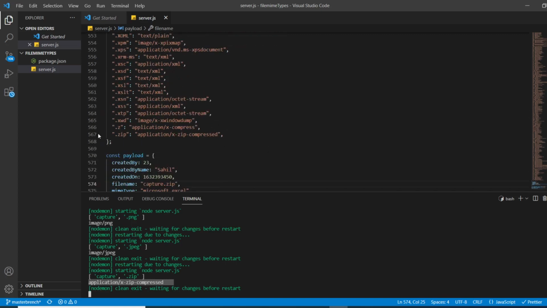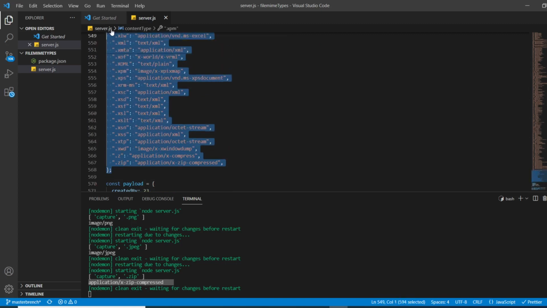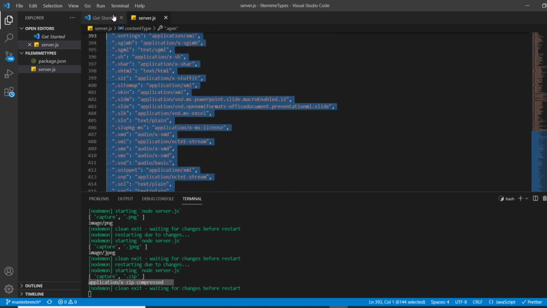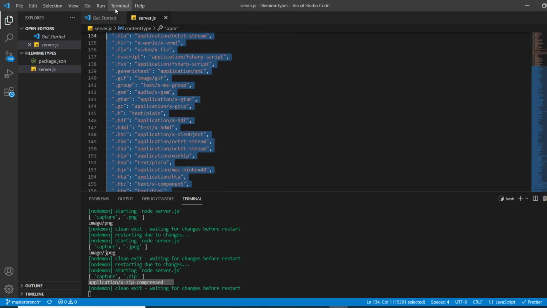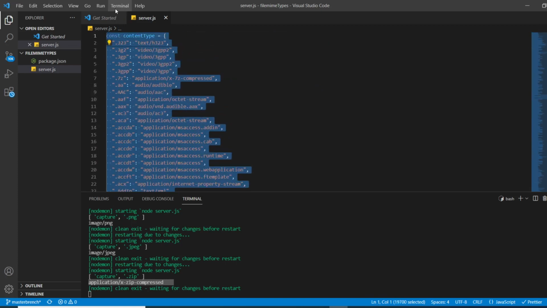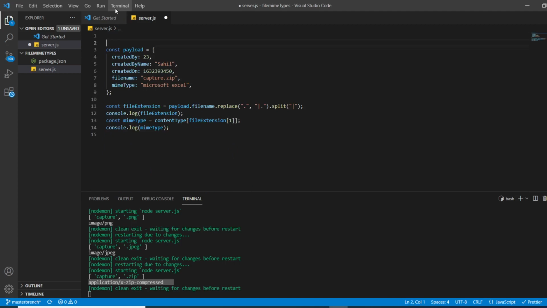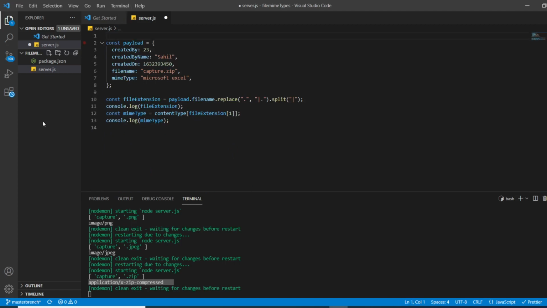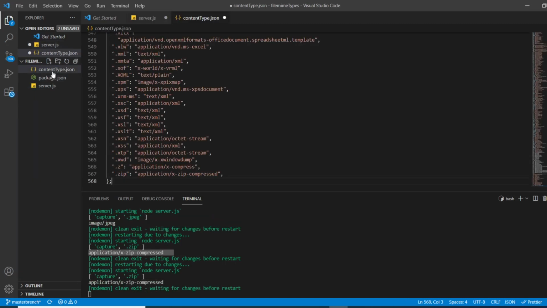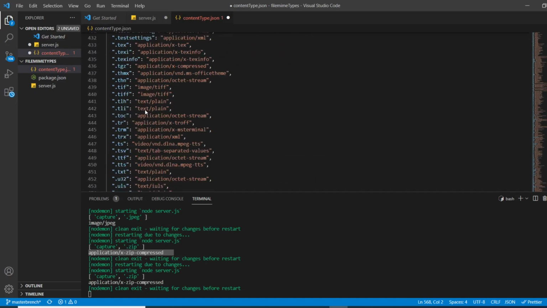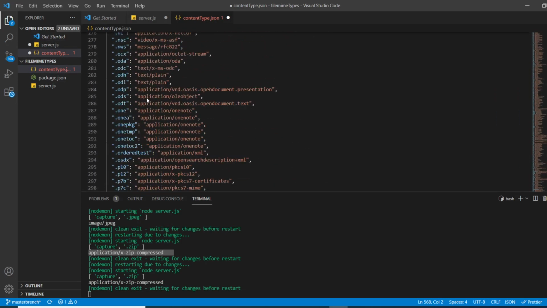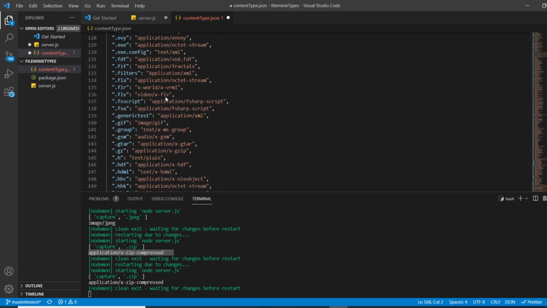What we can do here is simply copy this whole object and cut it from here, and create a file, content-type.json, and put all that here. Why is it giving an error? Let me check.